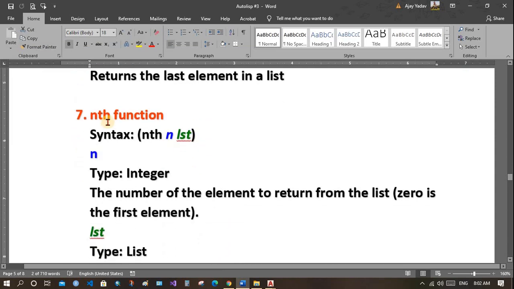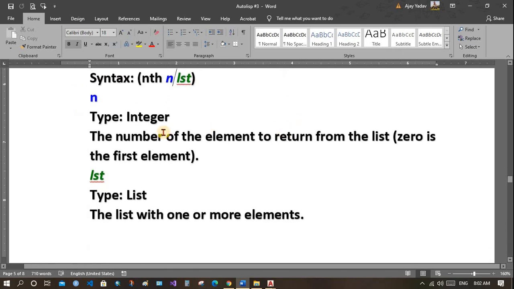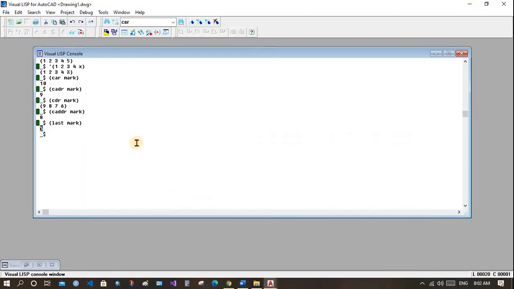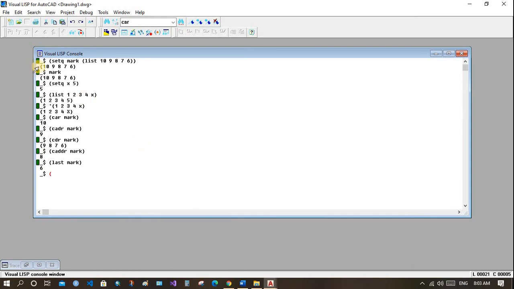Now if you want nth element, other than first, second, third and last, or except first, suppose you want fourth element, then you can use nth. N stands for which number you want, and lst is the name of the list. Suppose we want 7, then it is the fourth element. 1 2 3 4, fourth element, then we will use nth function to access 7.